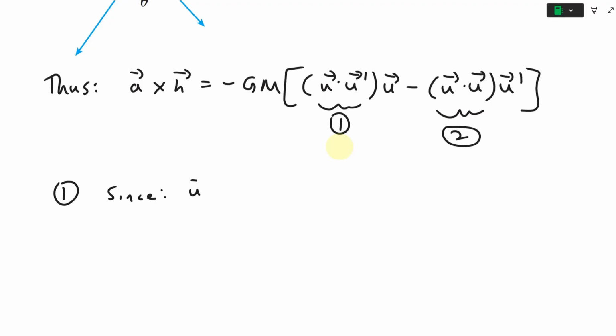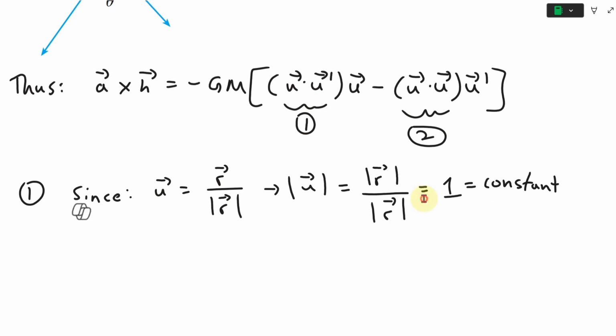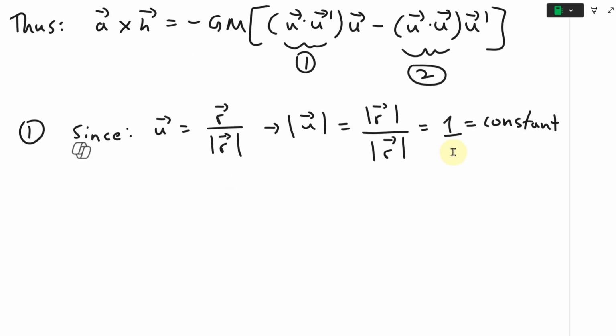Well, we know that U equals the R vector divided by its magnitude, which is just the R there. And now if we take the length of this, the magnitude of U is going to equal the magnitude of those. That's just equal to 1, it's a unit vector. The magnitude of that is already there, the same thing. This cancels, we're just left with 1. So this is constant, and since it's constant and equal to 1, and again, from my earlier video,